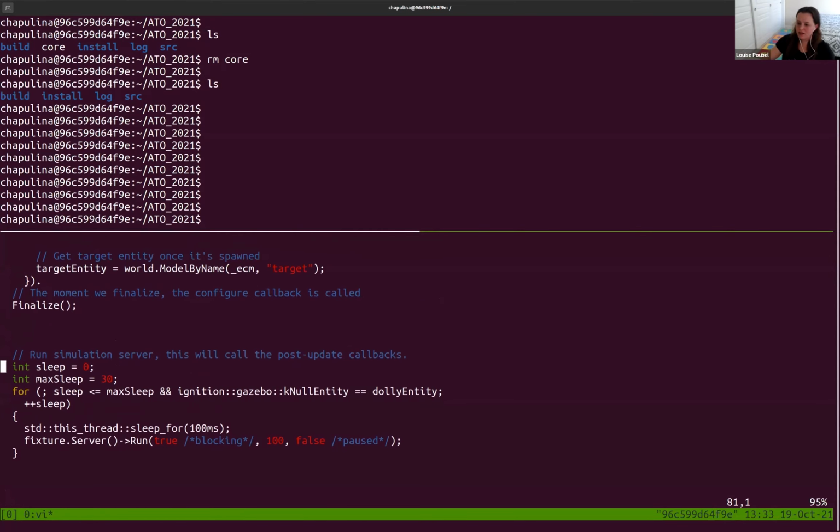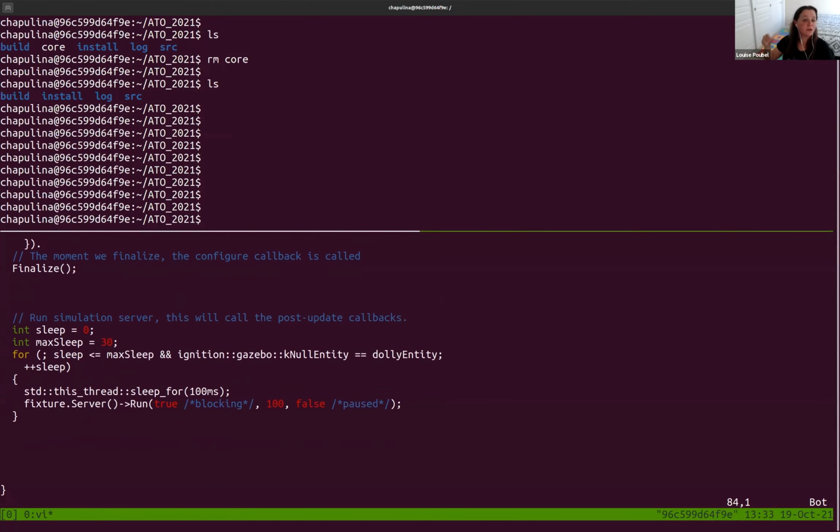So here, we're running it in a loop because we want to run it a few times until the Dolly entity is not a null entity anymore, until we actually got the entity there. So, don't assume it's going to happen immediately. Run it a few times. Don't assume that it's going to happen. That's also important. Put a timeout, because